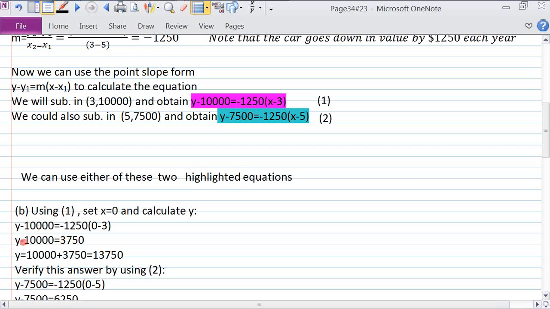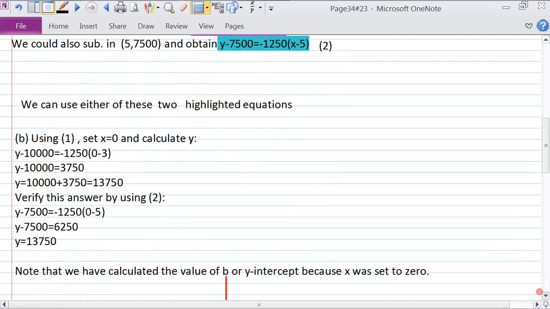We transpose the minus 10,000 to the right-hand side, and we get Y equals 10,000 plus 3,750, so it equals 13,750. There's the original value of the car, 13,750. And if we do the same thing on equation 2,